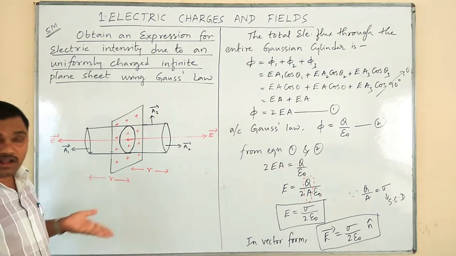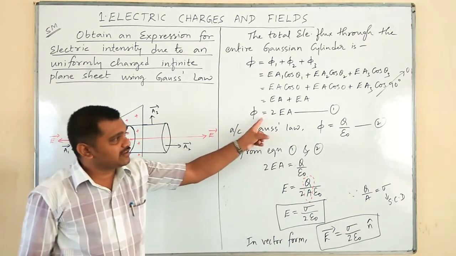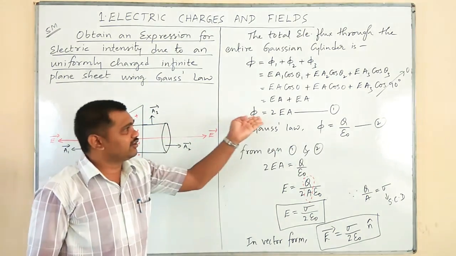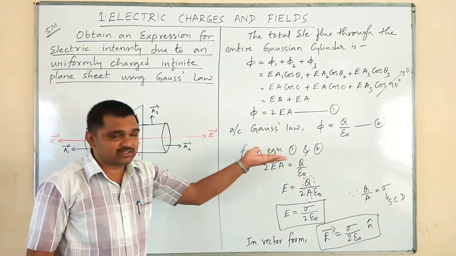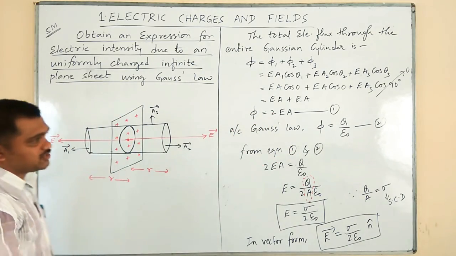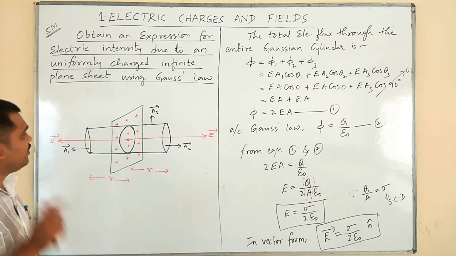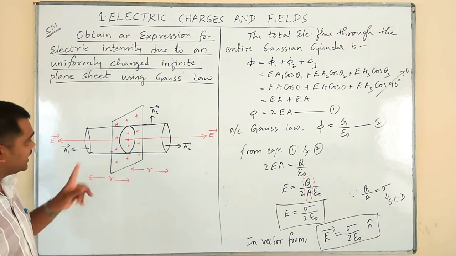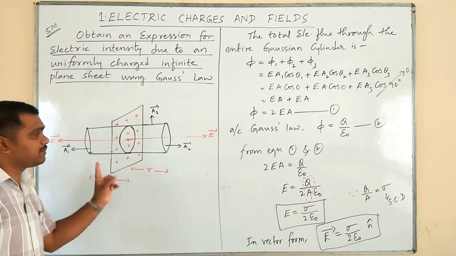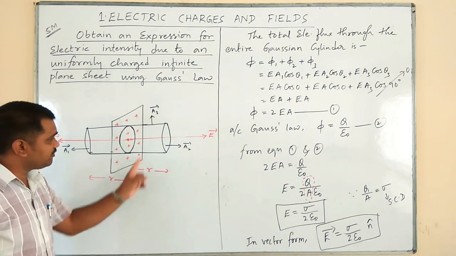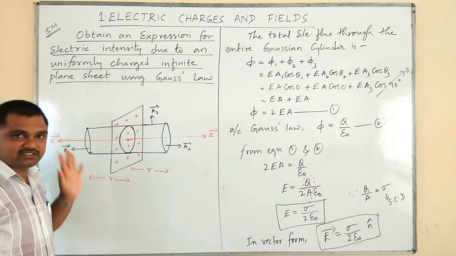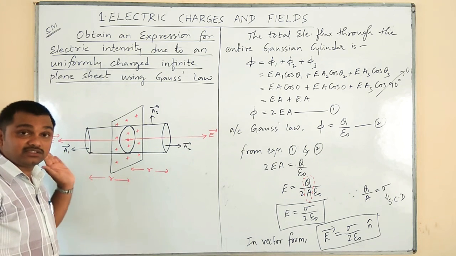Third, we have to compare the first equation with the second equation, that is total electrical flux we have calculated with the actual Gauss expression, that is phi is equal to q divided by epsilon naught. Okay, fine. As the question itself indicates, we have considered one infinite plane sheet here which is uniformly charged with positive charges, that is it is a positively charged sheet.